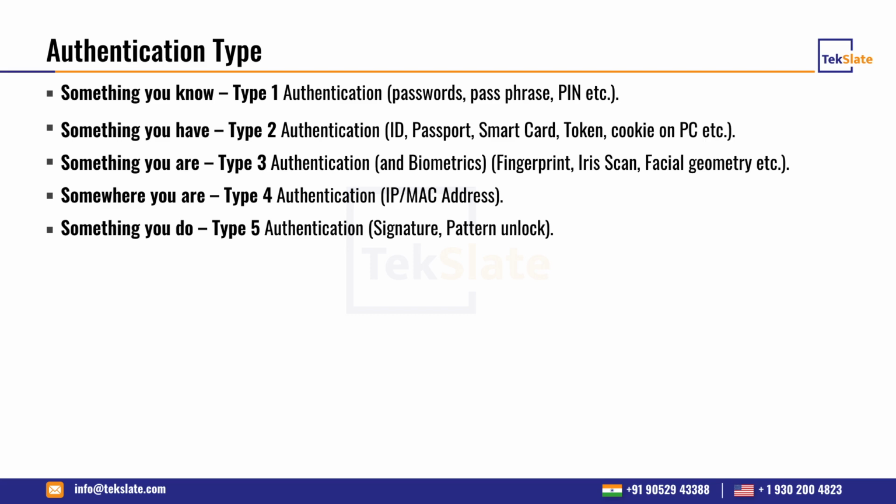There might be an example in a question, like we are using a smart card, and I'm also using a token. That is something I would say is the same type, right? The recommended method is you use only different ones, means you use type 2 and type 1, the combination. You use a smart card and your password, or if there is a token, you use a PIN or password. I think the OTP is also called type 2, right? So these are the examples.